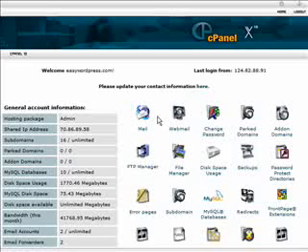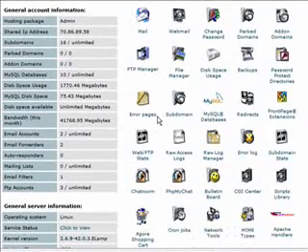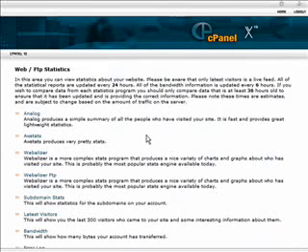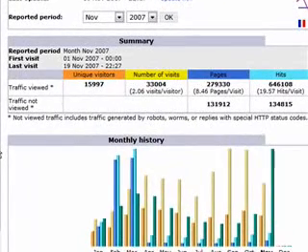Another function that you probably use all the time is your web statistics. cPanel provides you with a couple of web statistic programs, but the best is a program called AWStats. This is how the AWStats statistics program looks. It's actually a really complete statistics program, and you can get almost any information you want about your